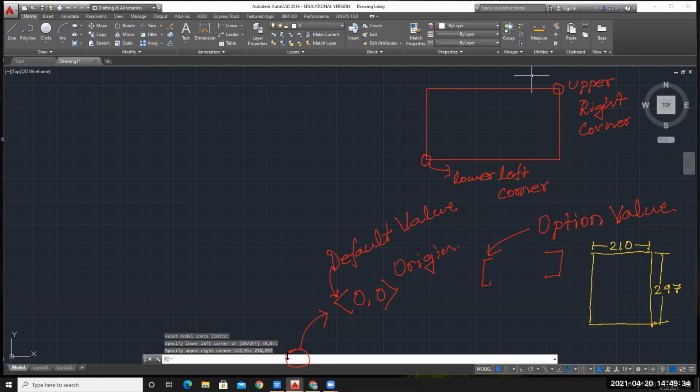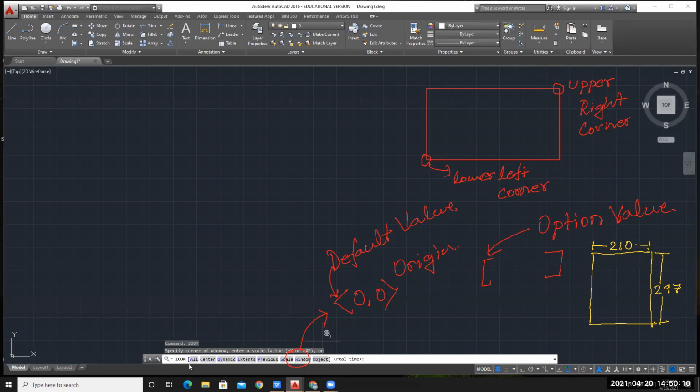Now how to keep the workspace that you have defined on your visible workspace screen? For that, the command is ZOOM. Press enter, and you can see here the bracket is a square bracket. Inside this square bracket there are many options like all, center, dynamic, extents, previous.